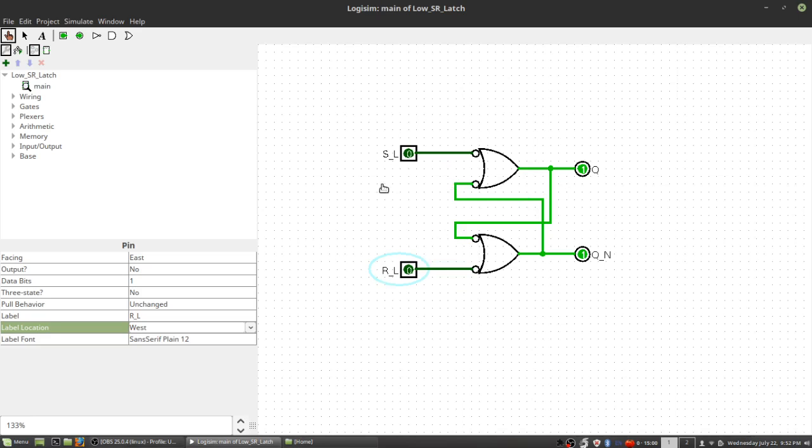Actually, the first time I went to record these videos, I realized that I had a bunch of things labeled wrong and had to redo it. So the labeling does definitely matter. Anyway,